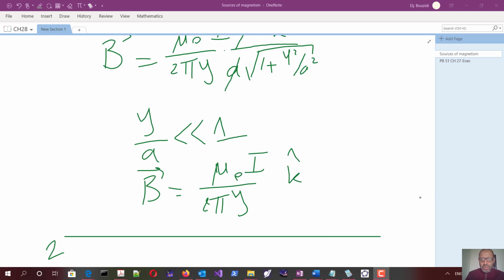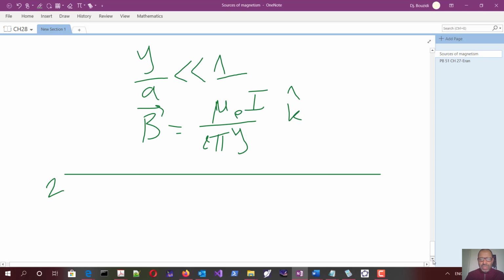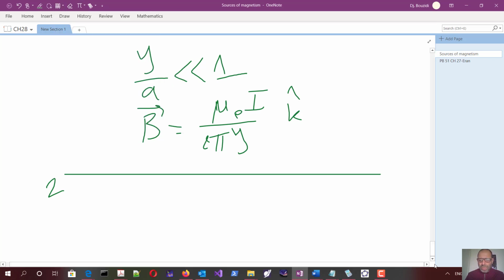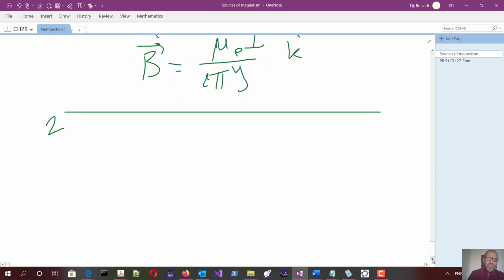Hi everybody, this is a continuation of the discussion we started on chapter 28, basically the sources of magnetism. And I just want to make a clarification on last time when we were in class. Actually, the session was live when we had that discussion. And I just wanted to follow the same argument that was made then, basically that the fact that we assume